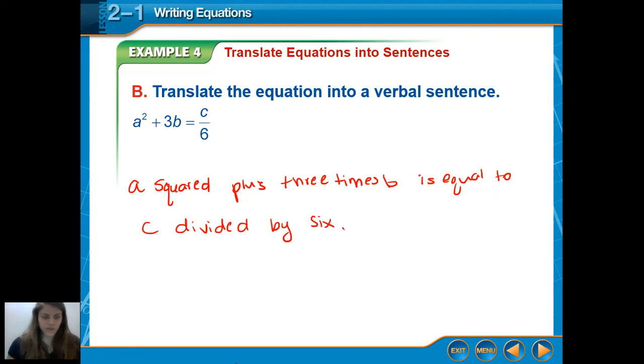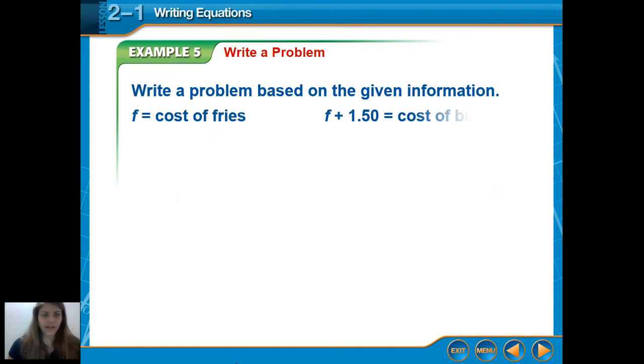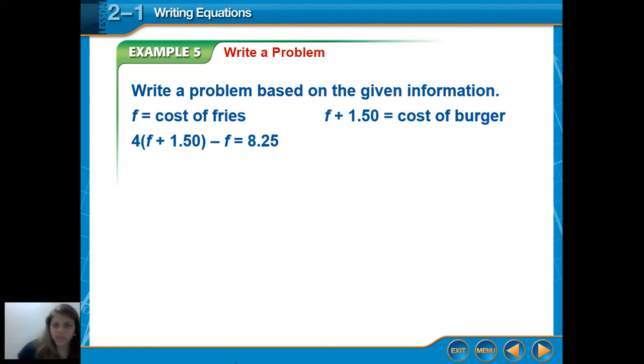Whatever's easiest for you. All right, last thing we want to look at in this video is how to write a problem. So sometimes you might be given information, you want to figure out why you have all this information. So it might be helpful to come up with a problem of where this information might be useful. So it's kind of working backwards. So in this case, we have the cost of fries is f, plus 1.5 equals the cost of a burger, and